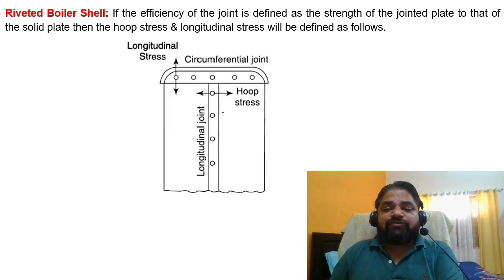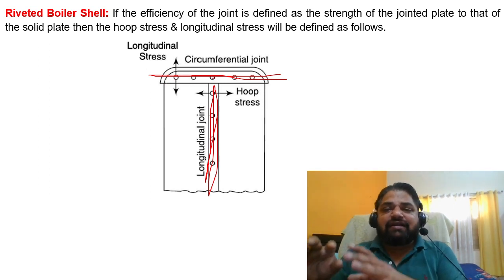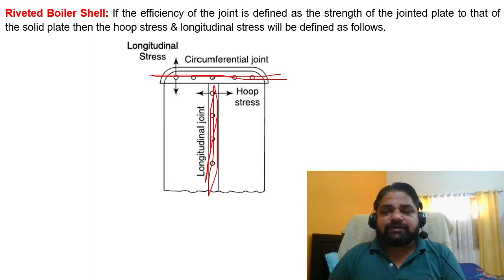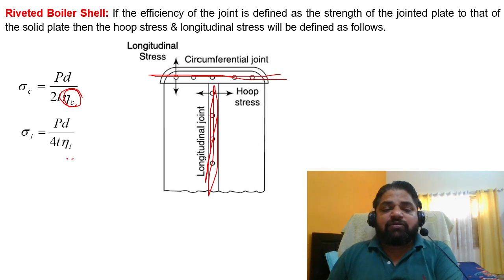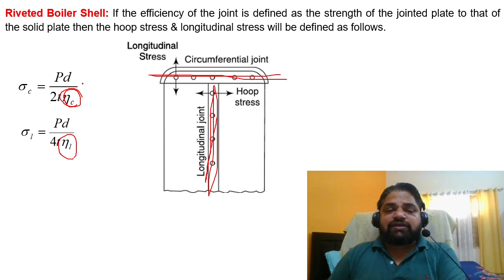If two different parts are going to be joined, then along this line you will have the hoop stress. It is trying to burst along this line, or along the ends which have been closed, and in that direction these joint points will be under such kinds of stresses, hoop stress and longitudinal stress. Then the actual circumferential and longitudinal stress values will have one extra term. That means eta C and eta L will come into the picture. These are extra values that will be added within the equation we got earlier.